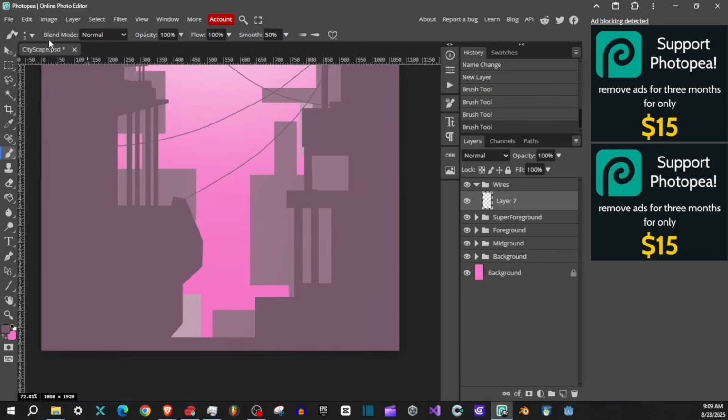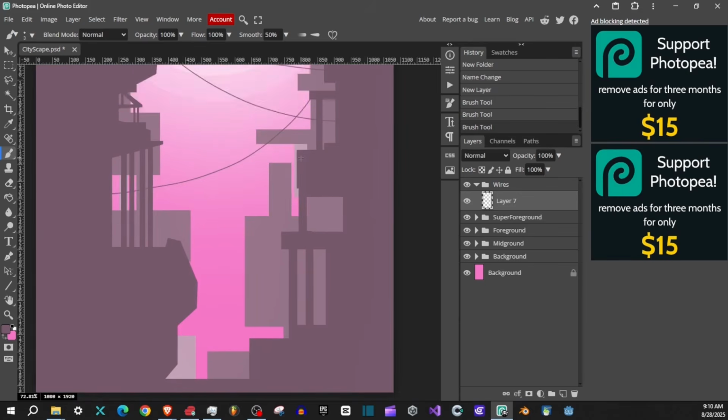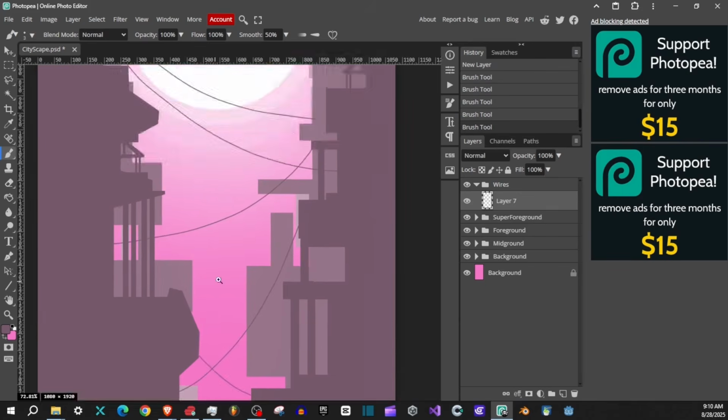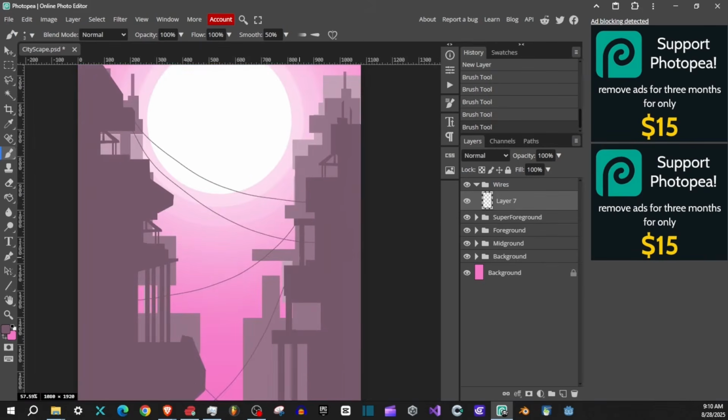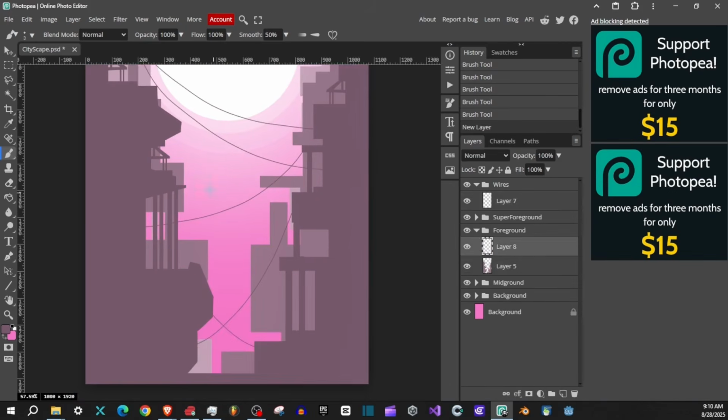Now the main thing here is to make sure your brush size is around 2 or 3 so that it doesn't feel ginormous. And once we have our wires in, it starts to feel a little bit more alive. And we would add the next step, which is to maybe add some wires into our foreground section. So we can add wires this way too, where we can just go above our foreground